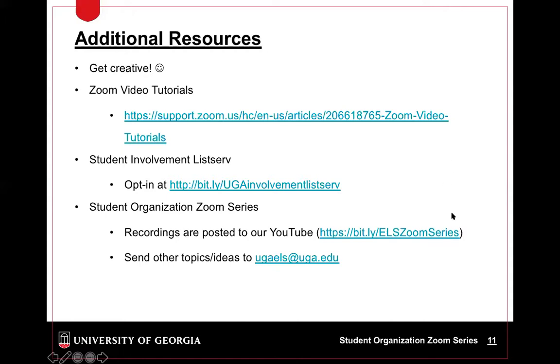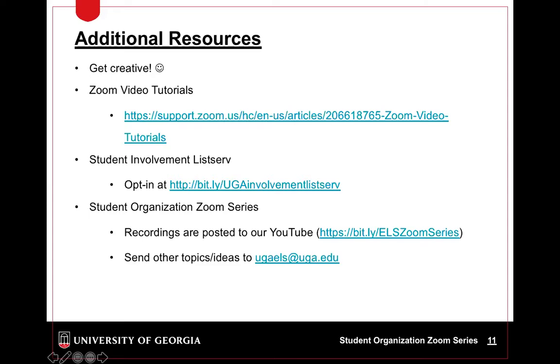Zoom. And obviously, a lot of the things that Jackie and I have learned as we did this late last spring semester when we were kind of thrown into the Zoom world and had to figure out how to use it, we just watched a lot of YouTube videos and Googled how to do a lot of the different things until some of these resources were available. And so if all else fails, either pick up the phone and call us and we'll help you find the answer. Or feel free to also just Google it, because here's the thing. Institutions across the country are trying to all figure out how to use Zoom. And so we've learned a lot from our peers at other schools. We certainly learn new things from organizations every day on how they're using it to be more effective and efficient.